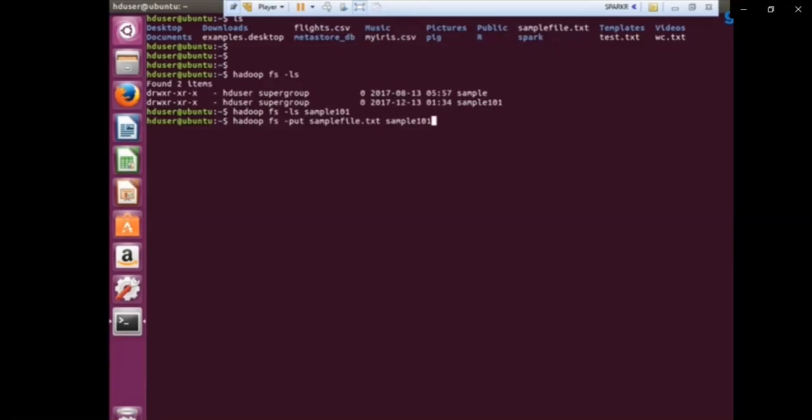Here we are copying a file having one line of text. Now in a production environment where the file may be very large in size, suppose 128 MB, the file will automatically be put in different blocks, each of 128 MB, and each of these blocks is going to be stored in different data nodes. Since we have only one data node here, we are going to store the file only once.